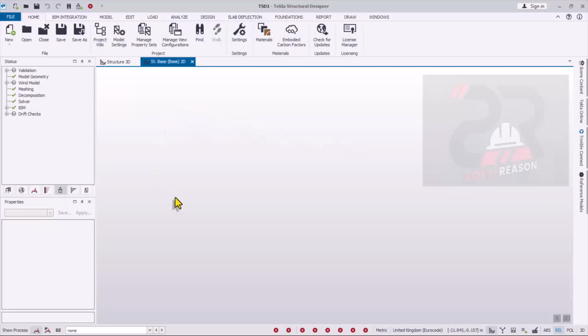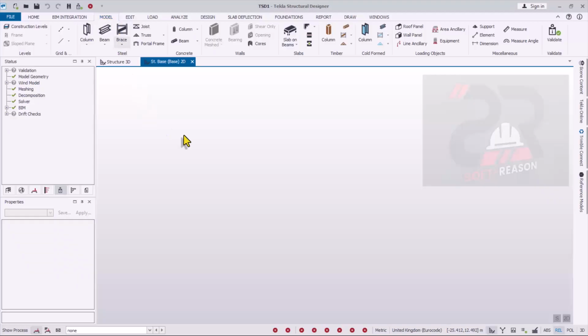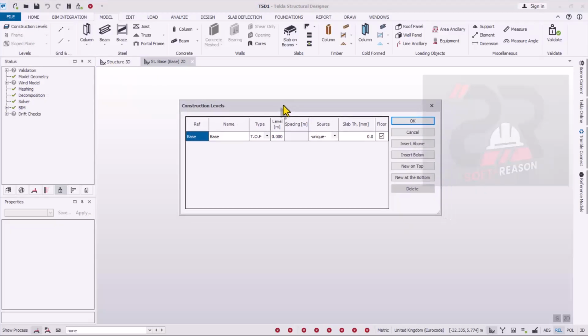Now we go over here under the ST base. We navigate to the modeling tab right here. Then we want to create levels for the tank stand. The tank stand has 2 levels, a total of 6 meters. Click on the construction level in the level panel. In the construction level window, we need to click on Insert Above to insert the first level,